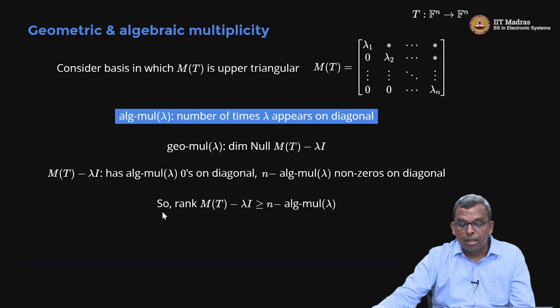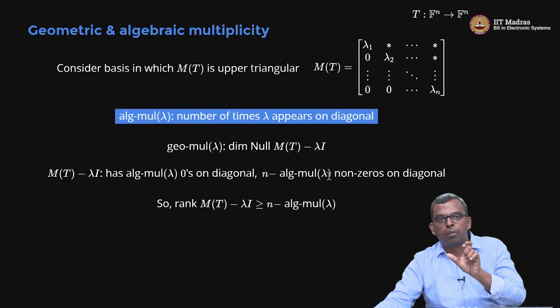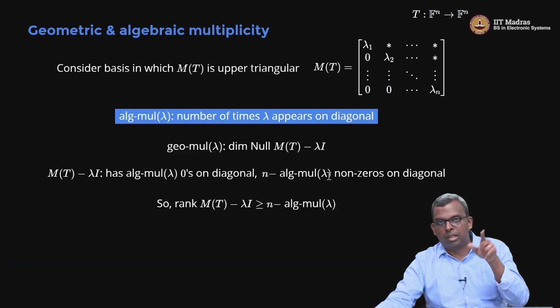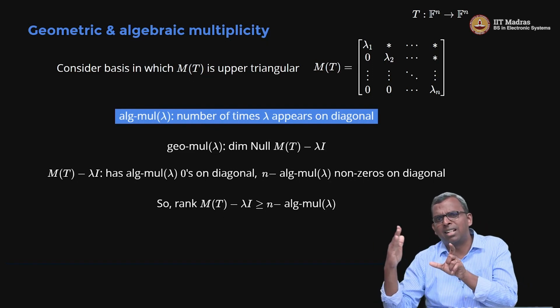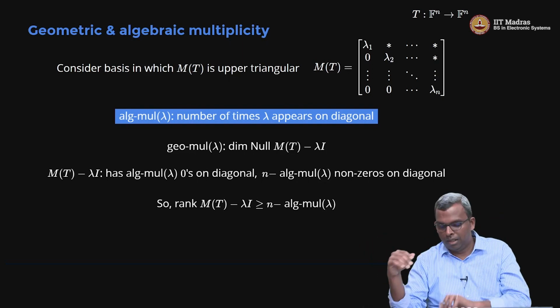So, that means rank of M of T minus lambda I is greater than or equal to n minus the algebraic multiplicity of lambda. That many are non-zero on the diagonal. Okay, so the rank is greater than or equal to that many. I do not know about the off diagonals. The diagonals alone may be 0, depending on the off diagonal elements, but the rank has to be at least the number of